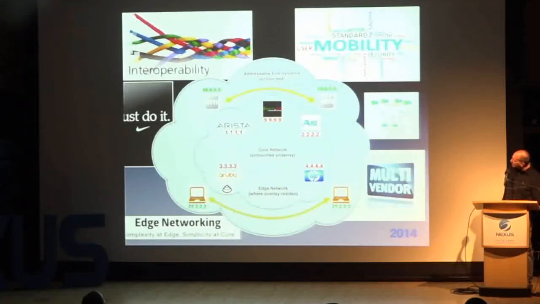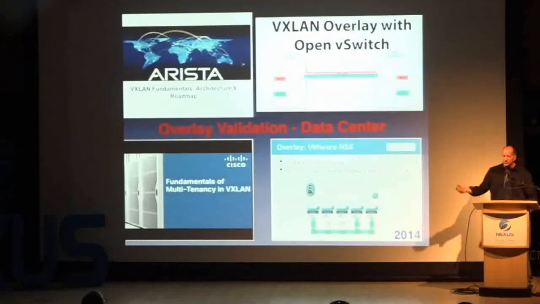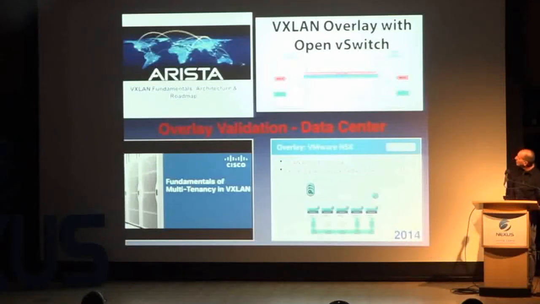We did an interoperability test here with Arista, a load balancer from A10, Aruba, and HP. We showed that a Mac can move from Wi-Fi to Ethernet, while a VM was moving from an Arista top-of-rack switch to a load balancer. And we showed that the connection stayed up while we were doing that.